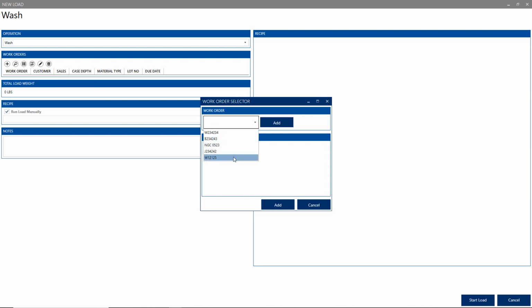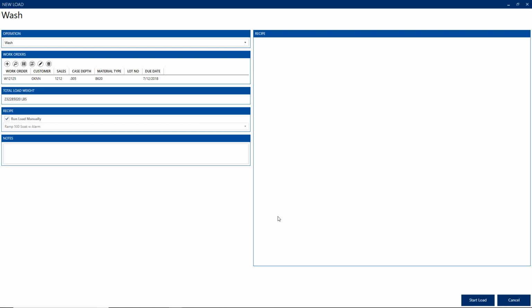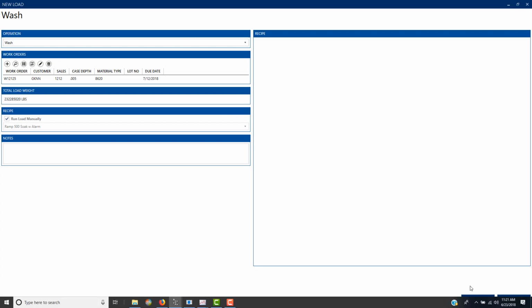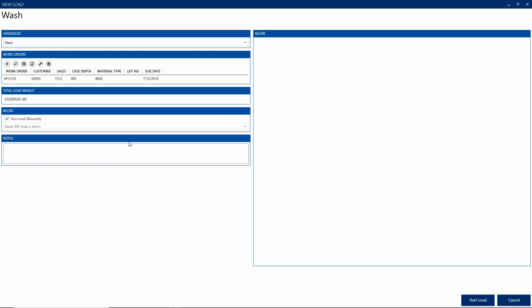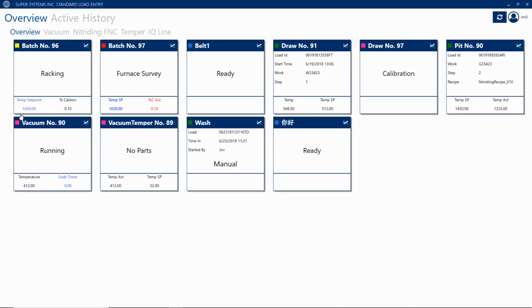And here I have my information, so I can scan that as I mentioned, and that scan could come from a mobile device or simply from a screen, just like I'm doing here. And what I'm going to do associated to that information is hit start load. It says that it's going to run this manually. So what that will do is create the beginning of the time